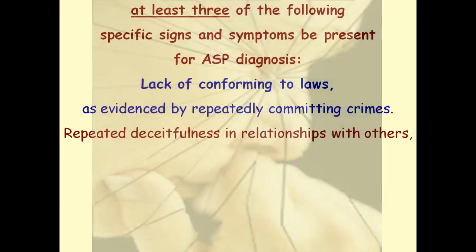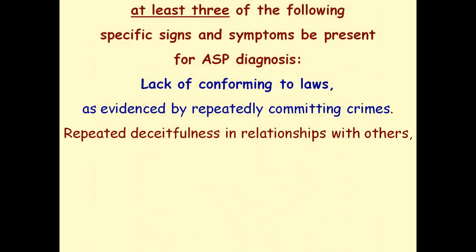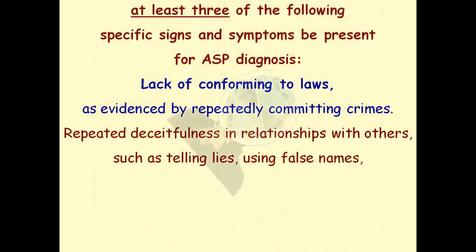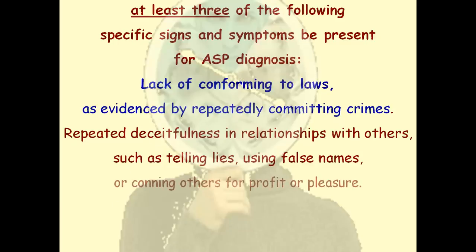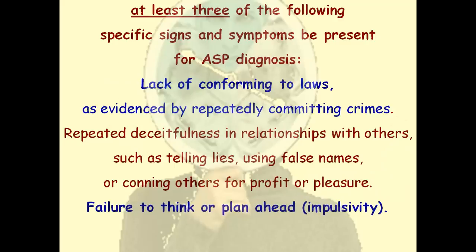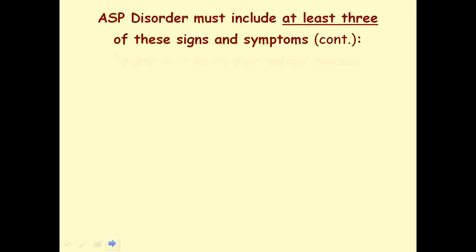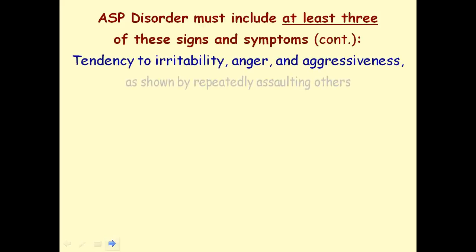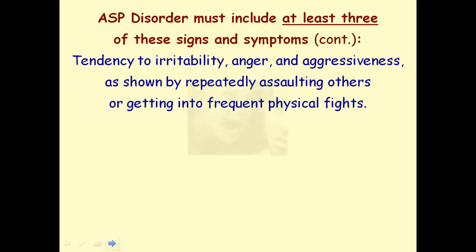indifference. Diagnostic criteria for this disorder state that this pattern must include at least 3 of the following specific signs and symptoms: lack of conforming to laws as evidenced by repeatedly committing crimes, repeated deceitfulness in relationships with others, such as telling lies, using false names, or conning others for profit or pleasure, failure to think or plan ahead, which is being impulsive. They also have a tendency to irritability, anger, and aggressiveness, as shown